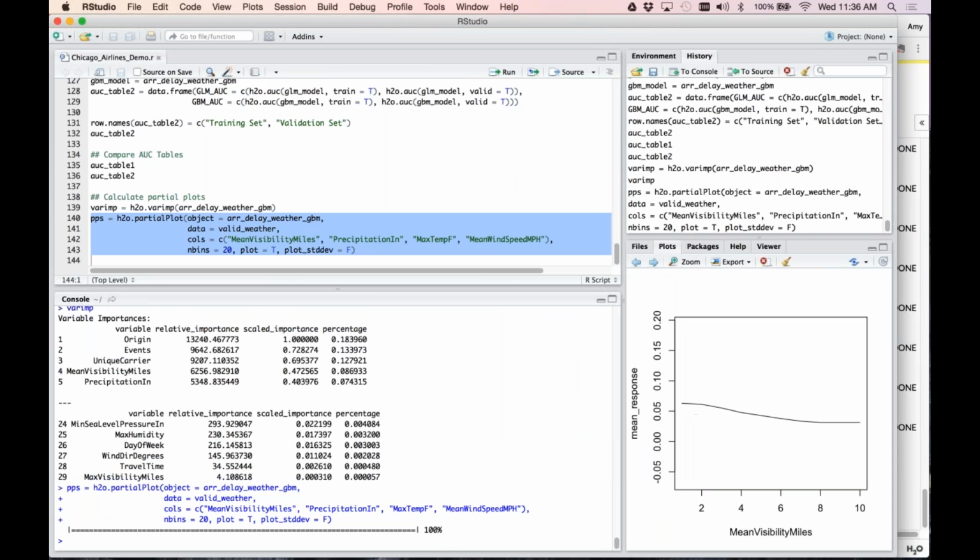So for example, we have the mean response versus the visibility in miles. If your visibility increases, the visibility in front of you increases, you should see that the response for arrival delay will decrease. So you're less likely to be delayed if you can see what's in front of you. You can see that if it's raining more and more, you're going to be more likely to have weather-based delays. And this is another way to interpret